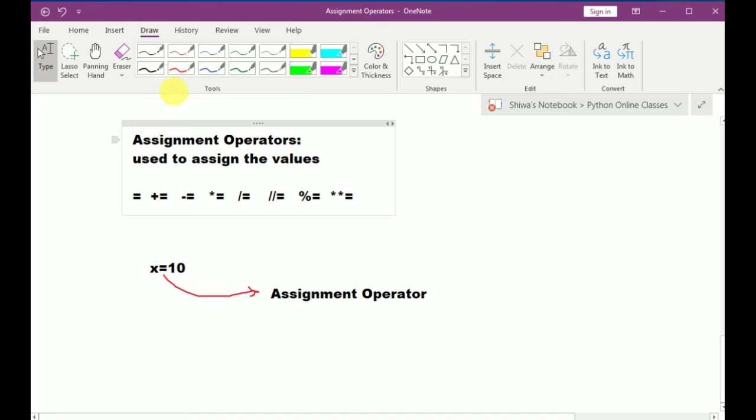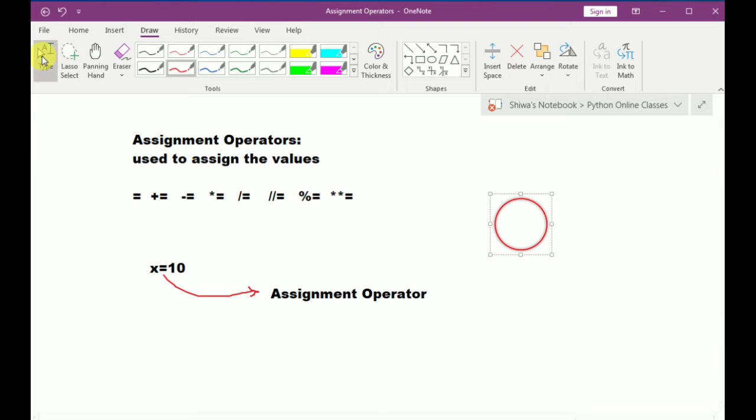It creates an object here. In Python, every variable is an object. So first it creates the object in memory. In the memory, one object will be created, and this object stores the value 10. This object has some memory address. That memory location's address will be given to the variable x.